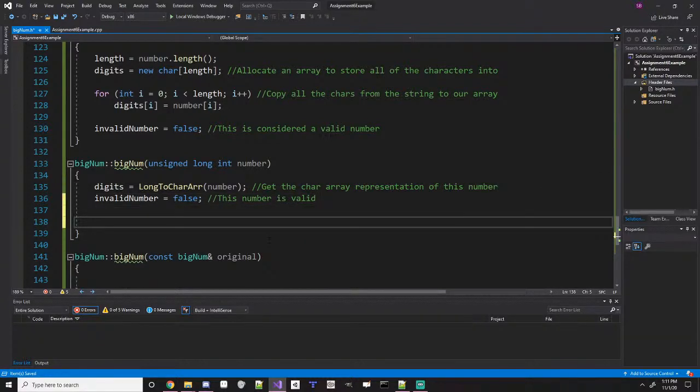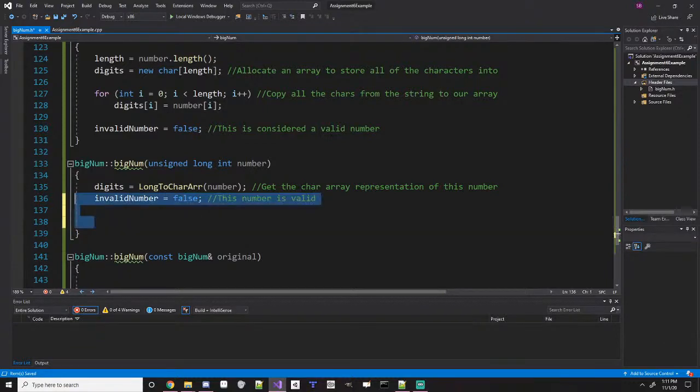And then I suppose we'll have to find the length of it ourselves. I saw one way that a lot of people did it was they just did toString of the number and then used that to do everything, which I guess we could have also set digits that way too,